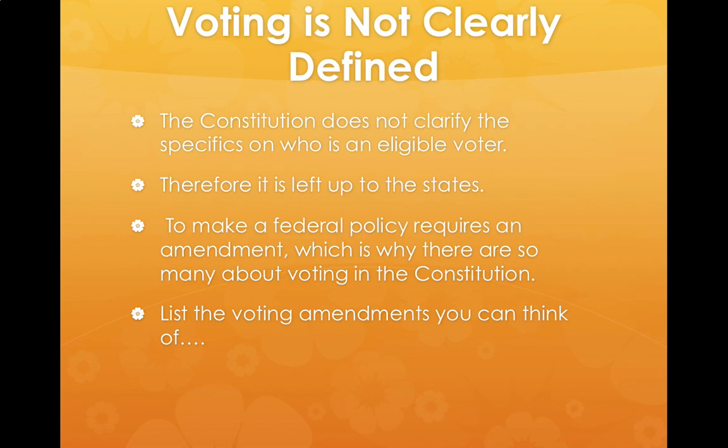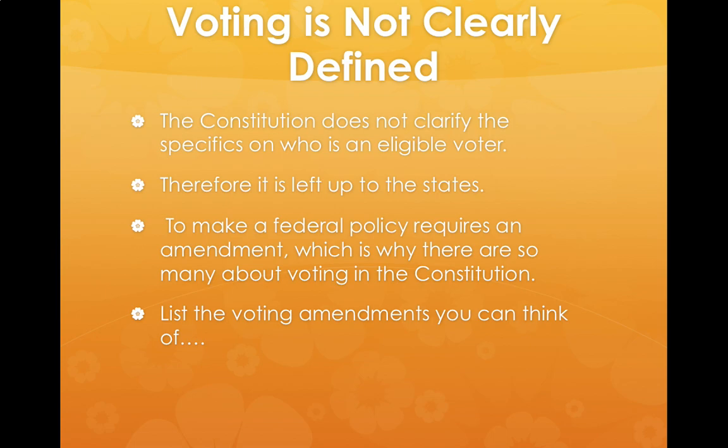Let's see, just starting from the beginning, you have the 15th Amendment, allowing any race to vote. The 17th Amendment changes the way we vote for our senators. The 19th Amendment allows women to vote. The 23rd Amendment gives Washington, D.C. votes towards the president. The 26th Amendment changes the voting age to 18. I skipped the 24th. That outlaws poll taxes.